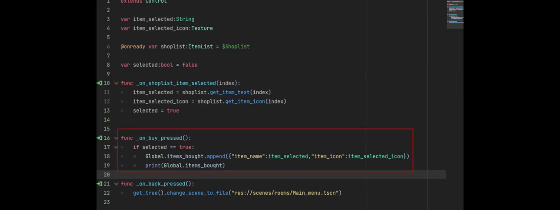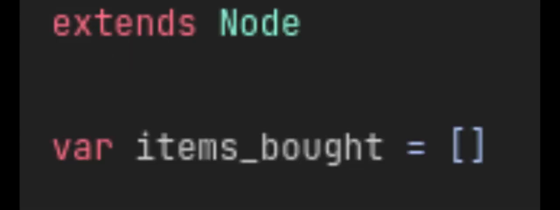Then I connected the pressed signal of the buy button to the shop script. Here I first check if something is selected by checking if selected is true, and if it's true then I add an element to a global array called itemsBot, which will be useful for you if you want to keep track of the items the player has been buying and use it in other scripts. If you don't want to keep track of it or you don't need to, then you don't have to add this to the